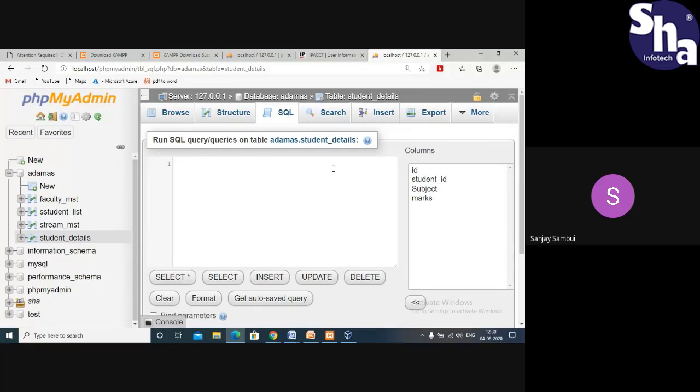So now I need to combine these two tables and frame a query. I want to display student name, student ID, subject and marks. In that case, select